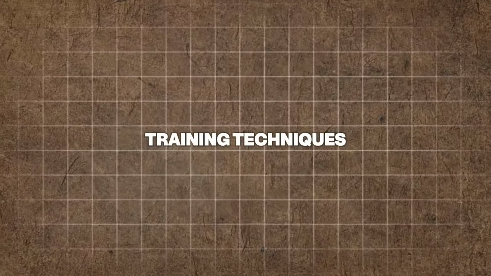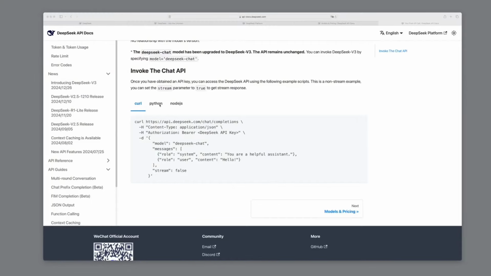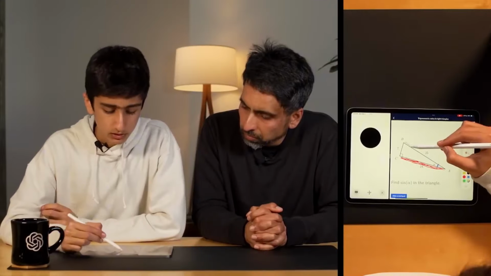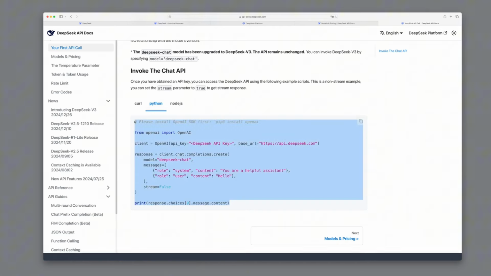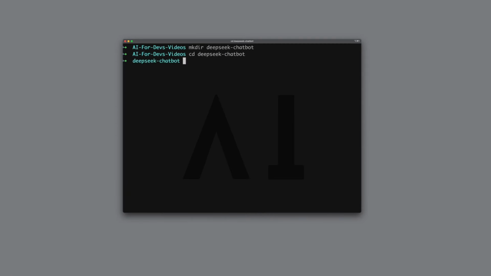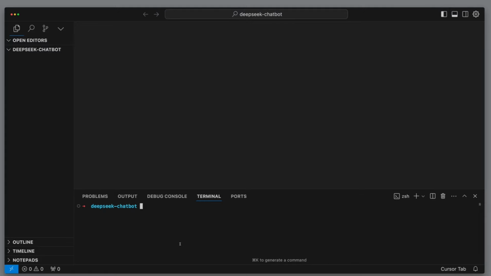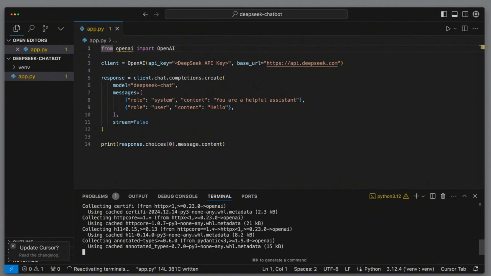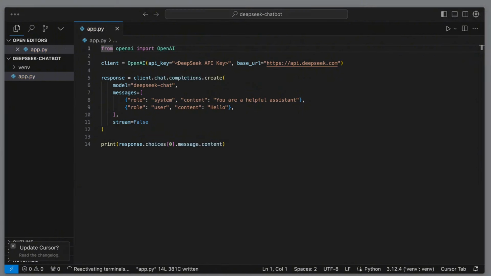Training techniques also play a role in the disparity between Deepseek V3 and GPT-4o. Deepseek employs mixed precision training and gradient accumulation to optimize its training process. Mixed precision training allows the model to use both lower and higher precision formats, which reduces memory usage and computational requirements. Gradient accumulation enables Deepseek to stabilize the training process and update the model less frequently, further minimizing resource consumption